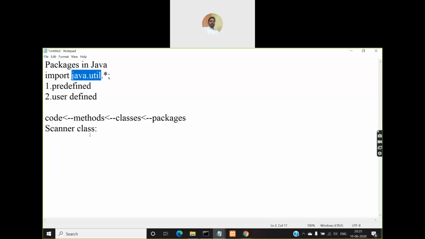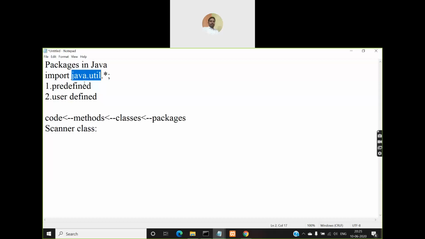So now you have these predefined packages available in Java. They come along with the JDK that you install on your system. When you install the JDK software on your computer, that software will provide you these packages: java.util, java.lang, java.io, java.awt. We'll see many other packages later in this Java programming course. But till now we have been using only one package called java.util.